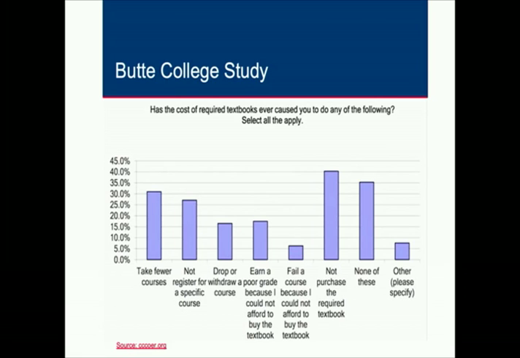So one last slide before Michelle takes over and talks about that 150 million that we've got going on. Butte College actually did a study, and their question was, has the cost of required textbooks ever caused you to do any of the following? And again, this just sort of reiterates what we had talked about before. Cost takes fewer courses, drop or withdraw, fail a course because I could not afford to buy a textbook, not purchase the required textbook. OER has the capability of eliminating all of those barriers for our students,